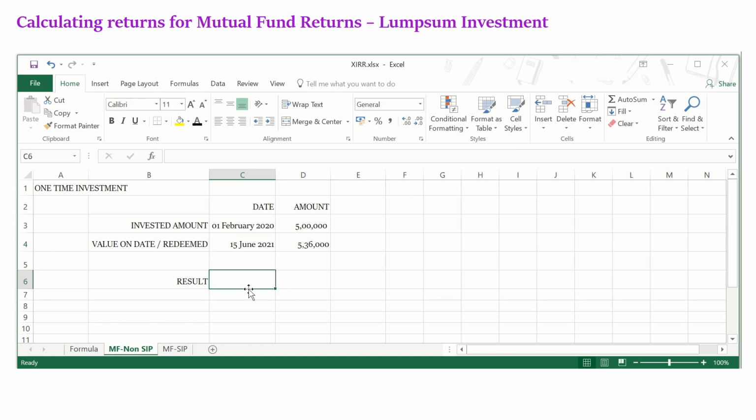So let us go with the basic stuff whatever we have now. So it's very straightforward. You invested on 1st February 5 lakhs, and last week 15 June you have 5 lakh 36,000. So let us calculate the returns. So I put XIRR open brackets values the money values first, followed by the dates.